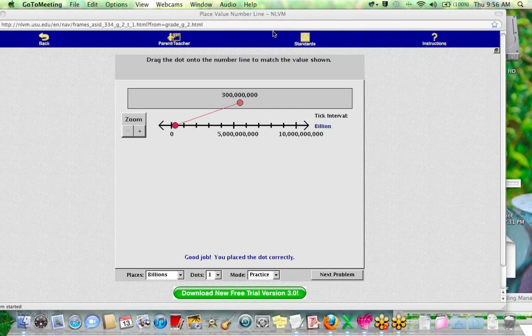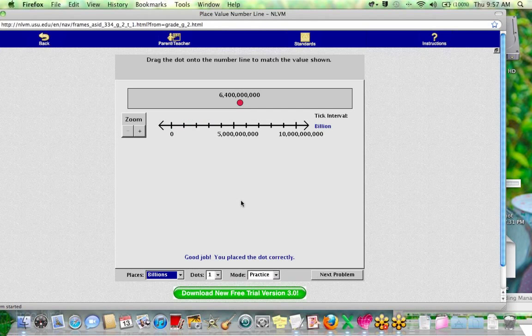That's right. Awesome. Ashley, turn on your microphone. Let us know. Is it on? Yep, it's on. I think it's where each one is worth 1 billion. Well, if it's 1 million, I think it's no, actually, 1 billion. Yeah, 1 billion. That's correct. So this would be 1 billion, 2 billion, 3 billion, 4 billion, and then here's your 5 billion, and so forth. Okay, let's do another one.